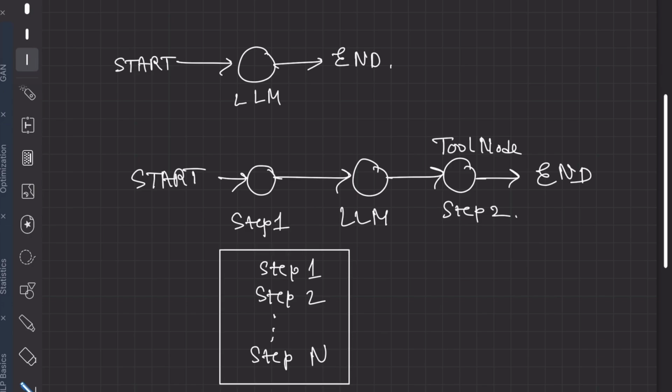The LLM can decide from these n number of nodes which node it wants to call. It can start with step 1, then go to step 3, then again go back to step 1 and so on. So the whole flow will be defined by the LLM. This is basically the idea behind an agent,